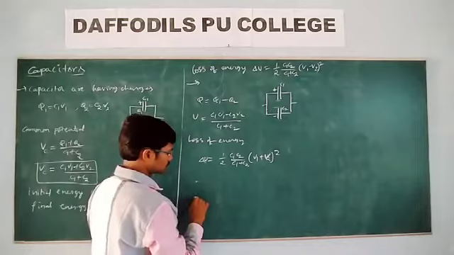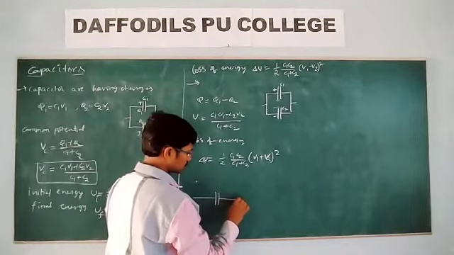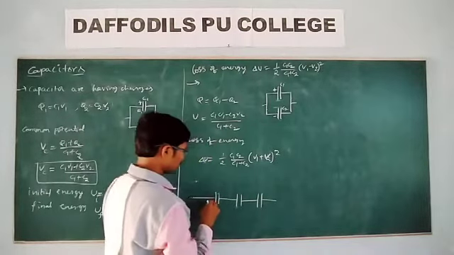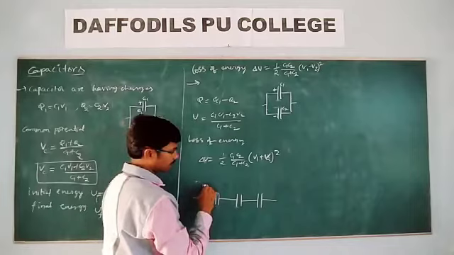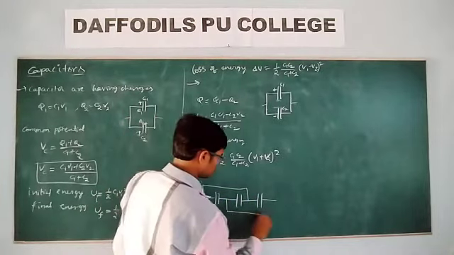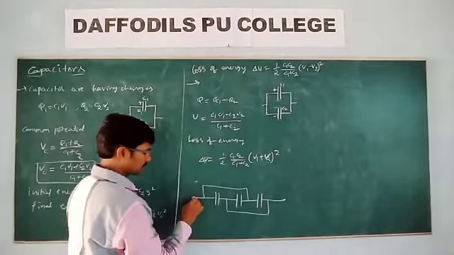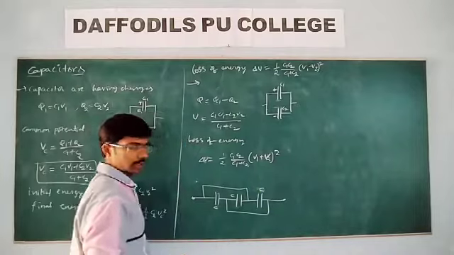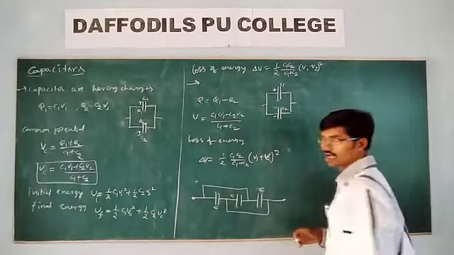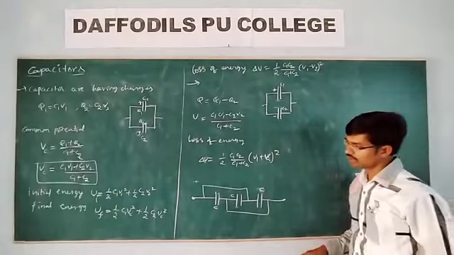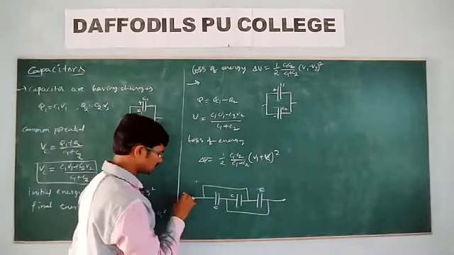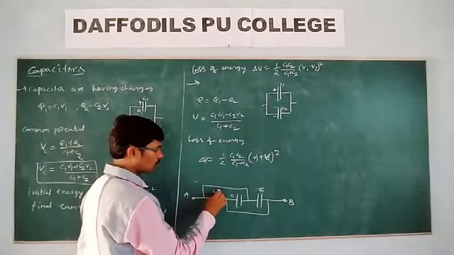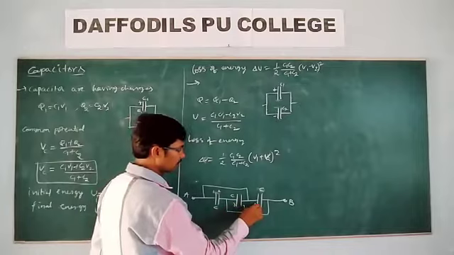Now let us see an example. Here these three identical capacitors C, C, and C are given, and they are connected as shown in this figure. Then what is the equivalent capacitance? How can you find the equivalent capacitance? Let me take the ends. If it is A and if it is B, and these two terminals are 1, 2, for this one 3, 4, for this 5, 6.